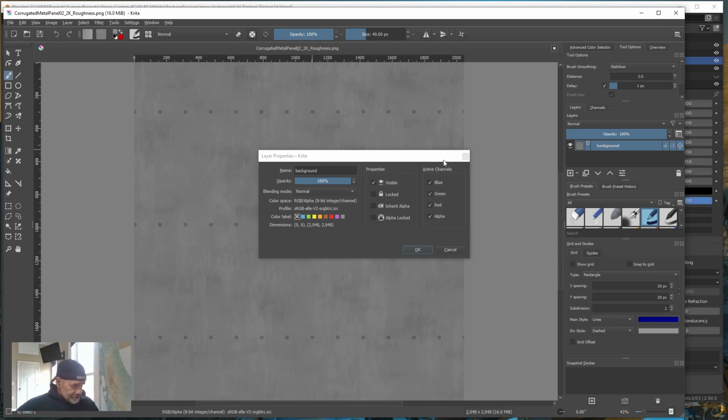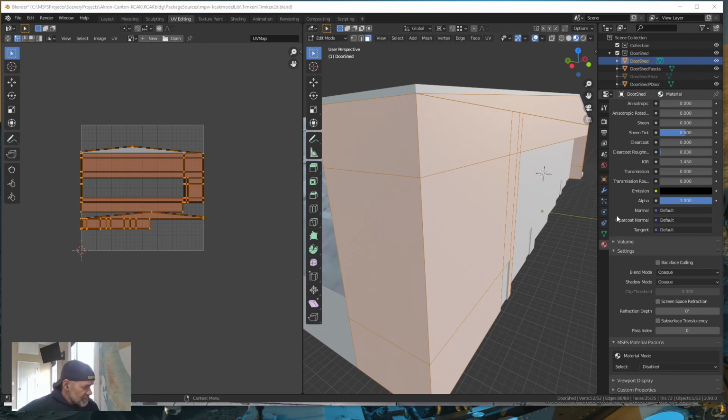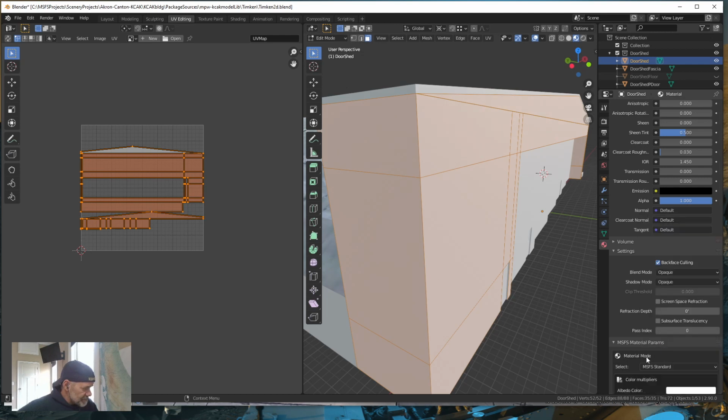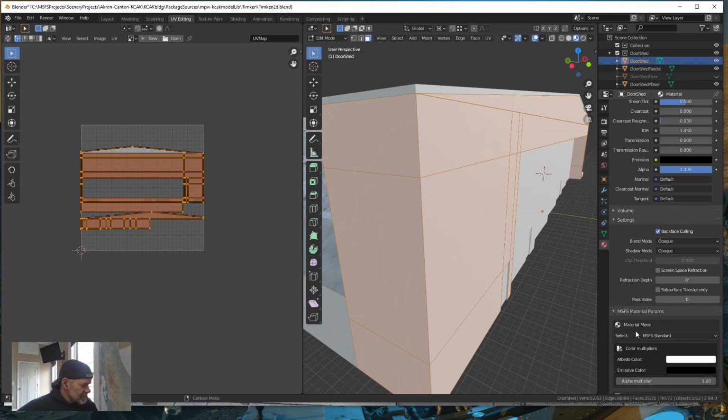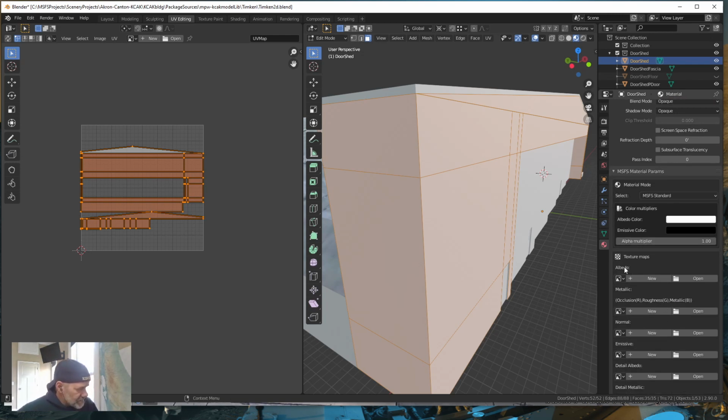Now, I'm going to cancel here for a second, and we're going to go into Blender, and we're going to come over here to our textures, and we're going to enable our MSFS standard down here on the MSFS material params. Okay, so we have standard enabled, and you're going to notice that it has an albedo layer,